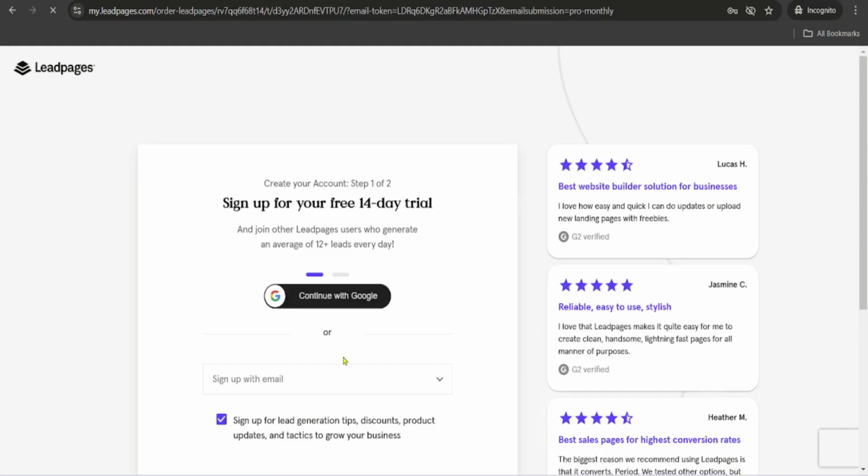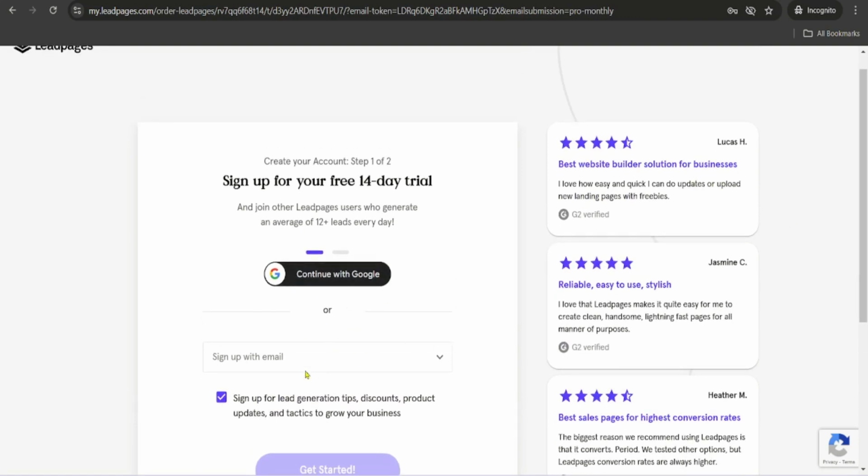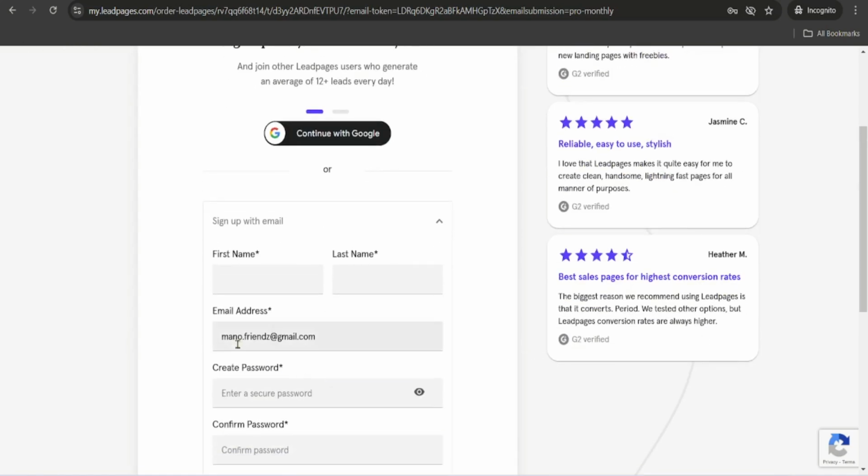So you will be taken to this page where you have this create your account, step 1 of 2. So sign up for your free 14-day trial. Now you can see over here some of the ratings provided by the Leadpages users. So once you come over to this page, you can just choose your email address. And you can see the email address is already typed in. You can just enter your name over here